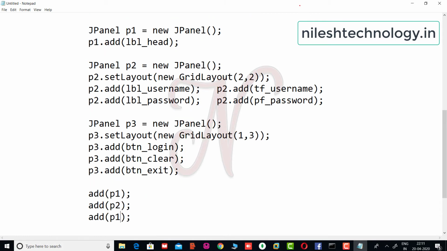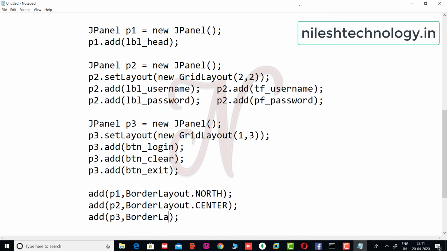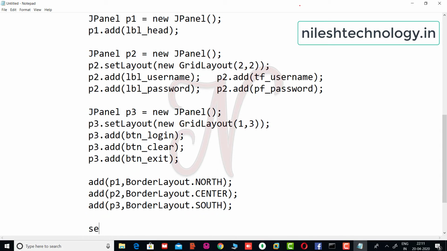So the default layout of a frame is the border layout. So BorderLayout.NORTH. So the first panel is visible on the north side, center, and south, okay. Then here set visible true and set size, okay.